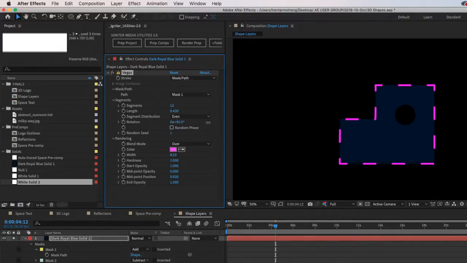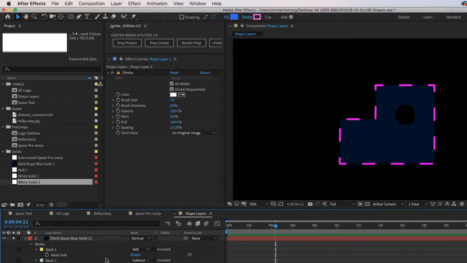Now, if you're going to try and rotate dashes around something, I recommend using Vegas, because Vegas is going to do all the math for you to make that happen. It's a little bit harder to do that in the shape layer, especially if you're trying to change your dash size and your gap size. It can start to look goofy, start to get half dashes and stuff like that.